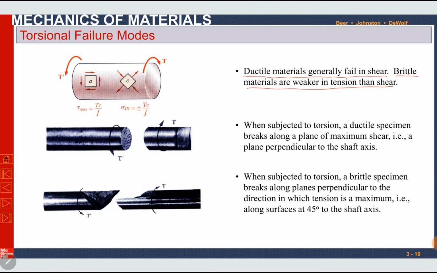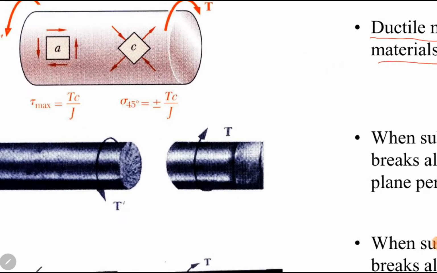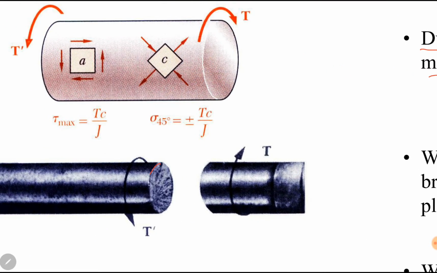So if we apply torque on a ductile material, it will fail due to shear because it is weaker against shear loading. So it will make a surface which is perpendicular to the member axis, because the surfaces perpendicular to the member axis are